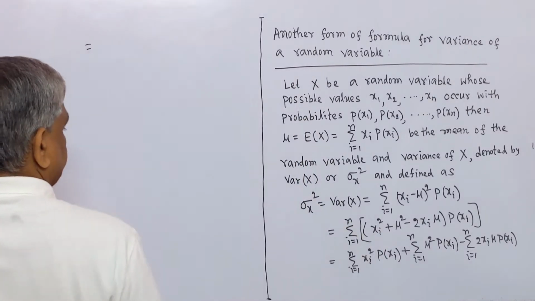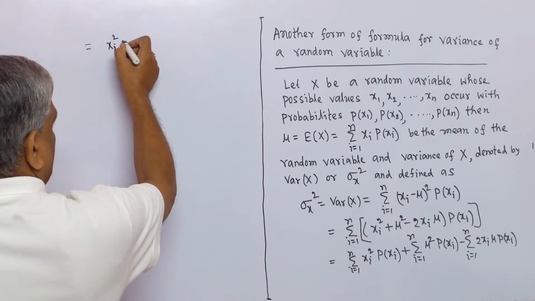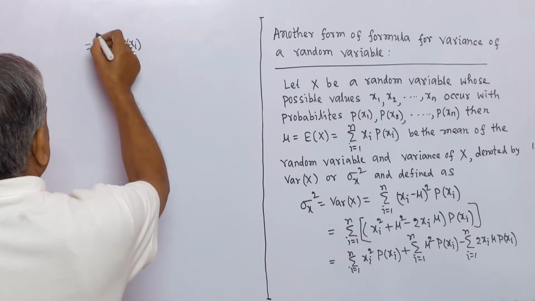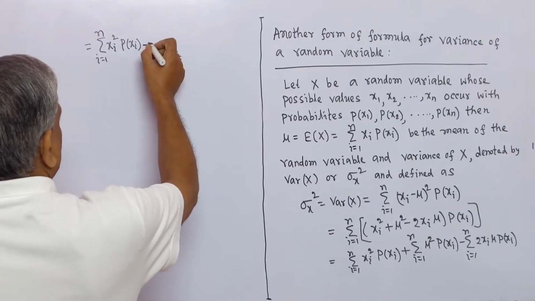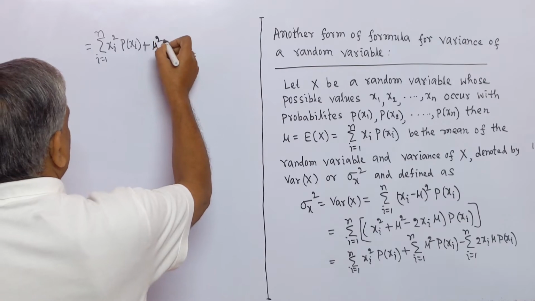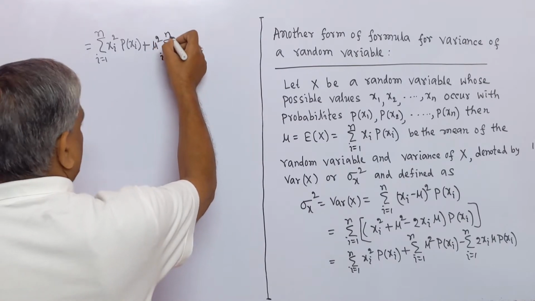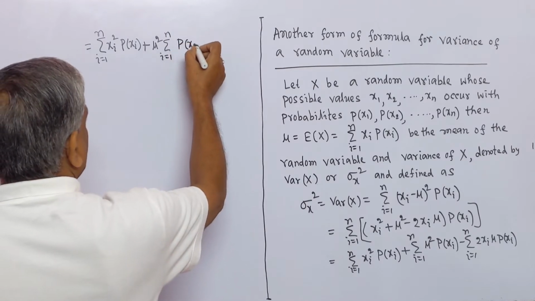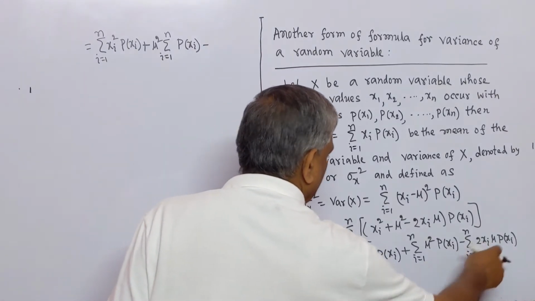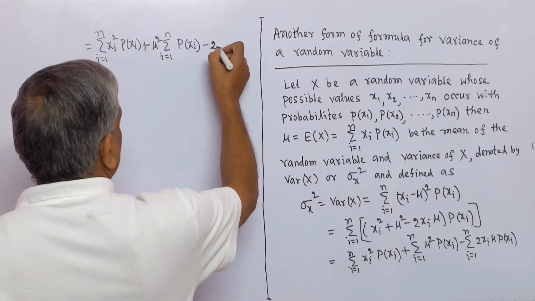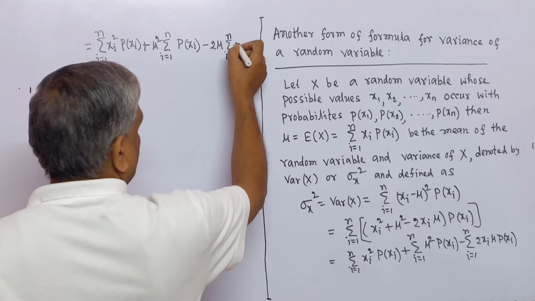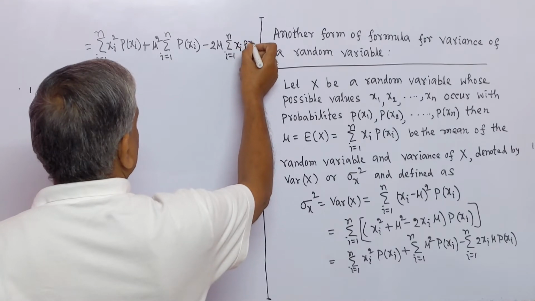this equal to sigma i equal to 1 to n xi square pxi plus, mu is constant, so we may take it out, mu square sigma i equal to 1 to n pxi minus, we may take 2 and mu outside, 2 mu sigma i equal to 1 to n xi pxi,